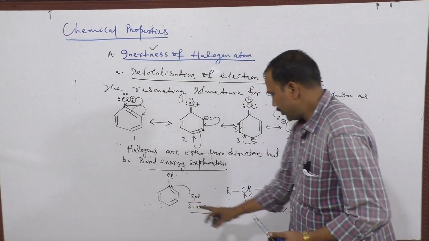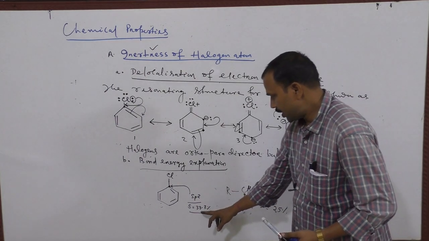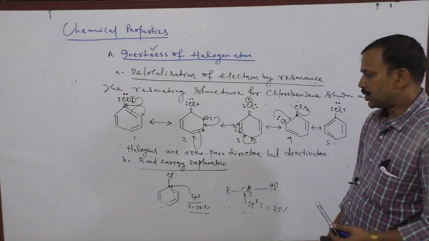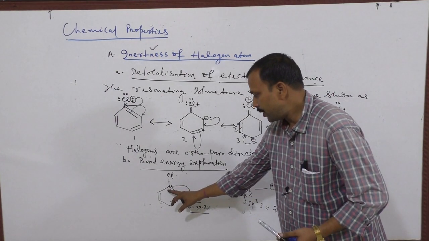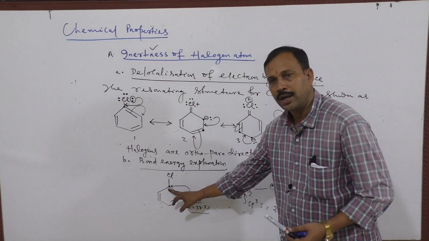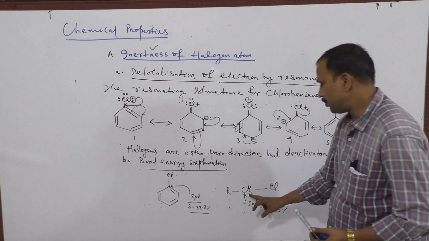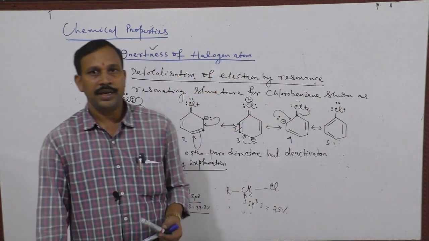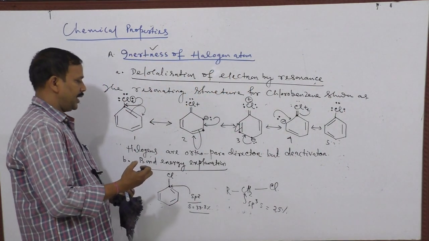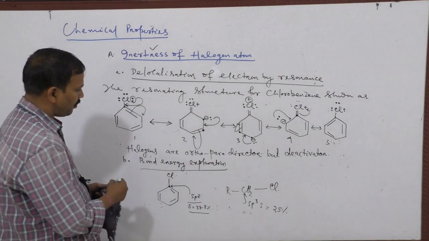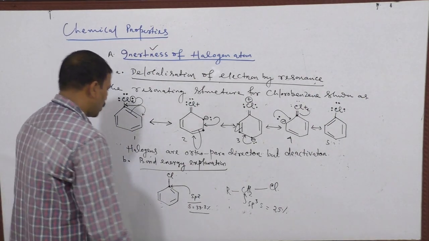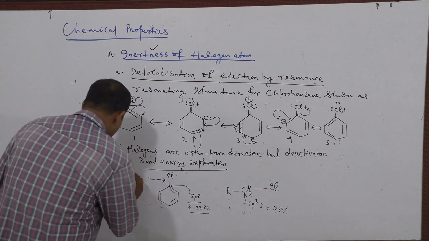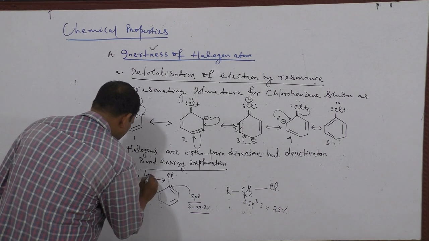So in this carbon and this carbon, the percentage of s character becomes large for this carbon. Now you can suggest this carbon becomes much more electronegative than that of this carbon. If it is more electronegative, then it automatically attracts the electron from the carbon-chlorine bond. So the bond length decreases and it is known as 164